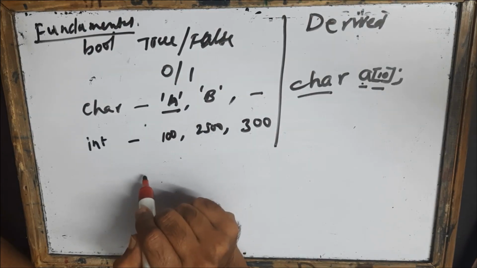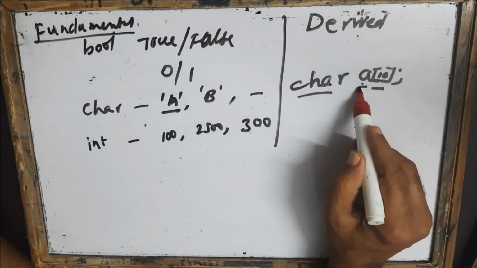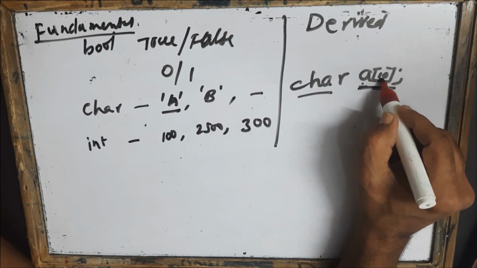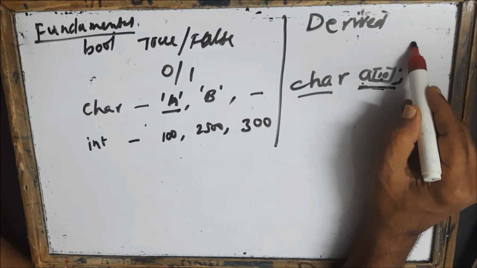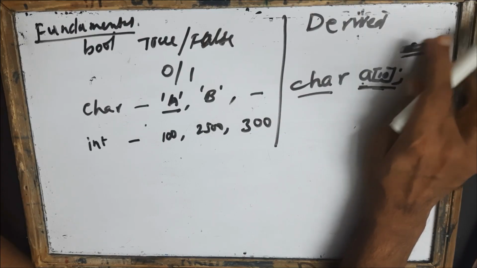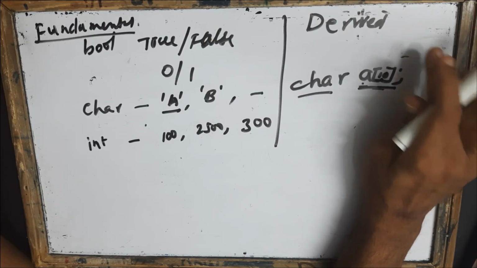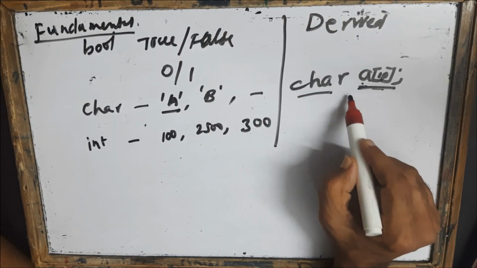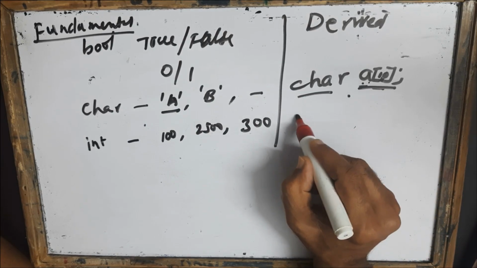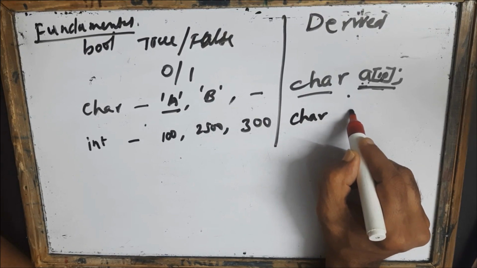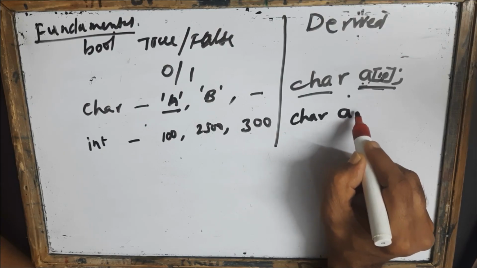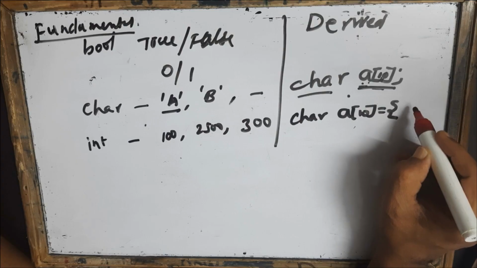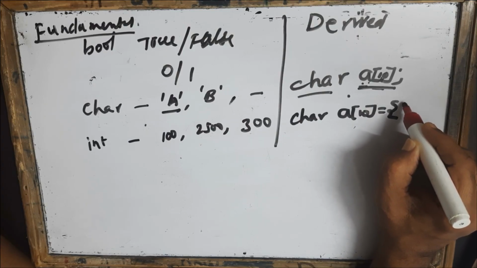Here a single character can hold one character, but here it can hold up to 10 characters, and we can change this value to anything, like maximum 255 characters. I mean any number of characters it can hold. You can change this array size to any number. Here in this case it can hold up to 10 characters. An example would be something like this: char A of 10 is equal to open curly bracket,